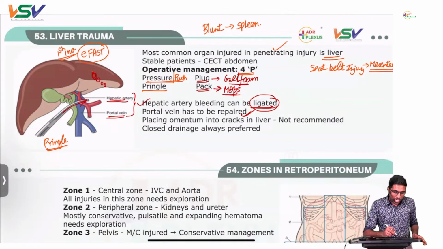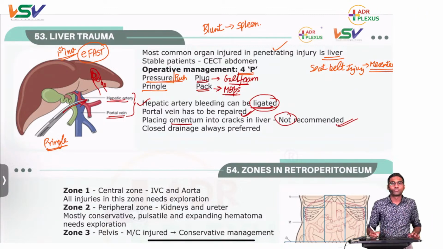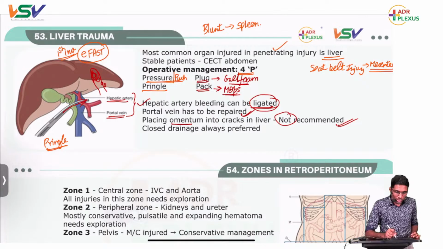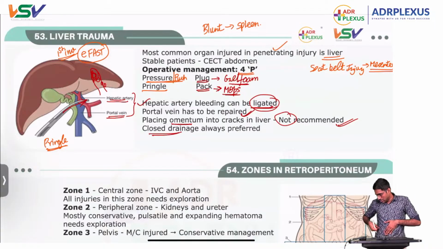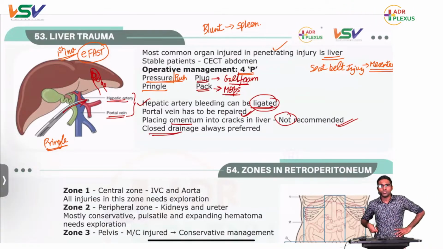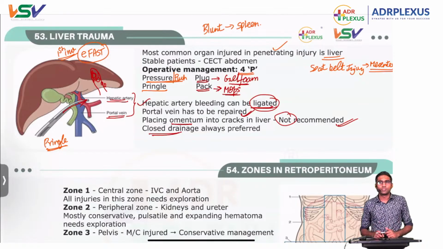And previously they used to place omentum. In very small defects, they used to place the omentum like this, but it has not been recommended. And closed drain. Don't just leave the abdomen open. You close the abdomen and just put a drain on either flank, this side or this side. Closed drainage is always preferred, because if you leave it open,